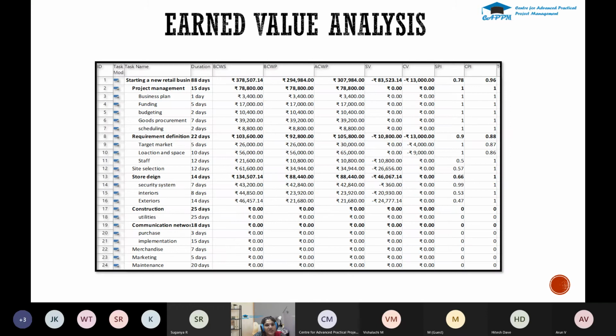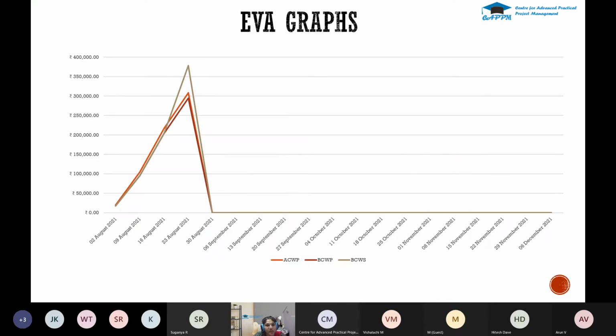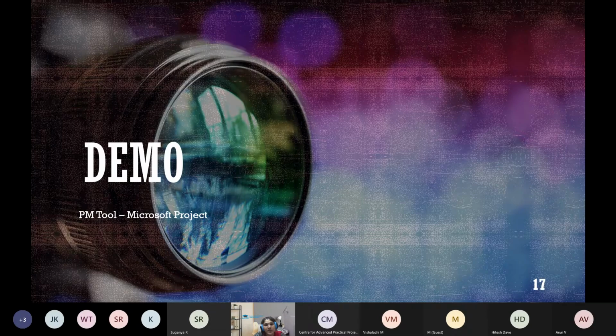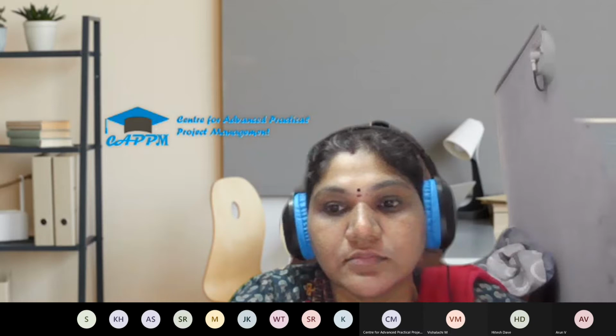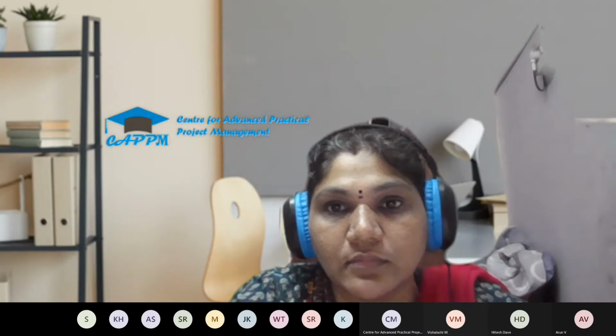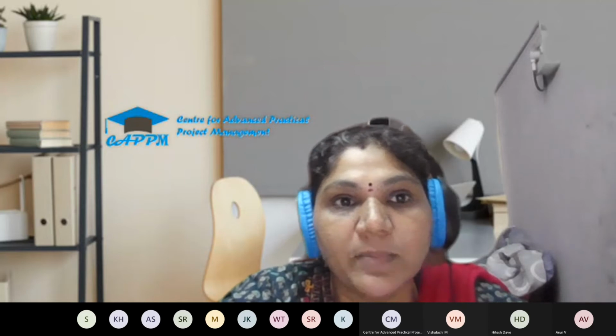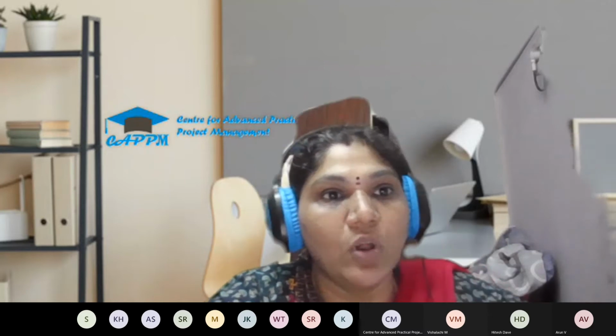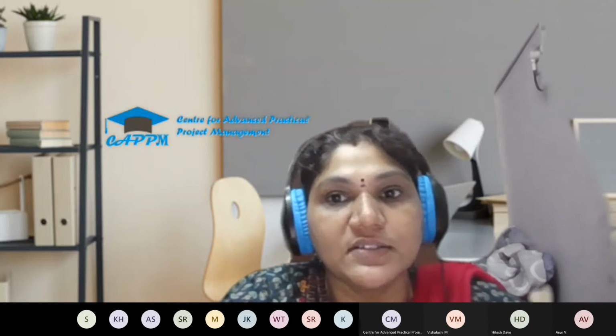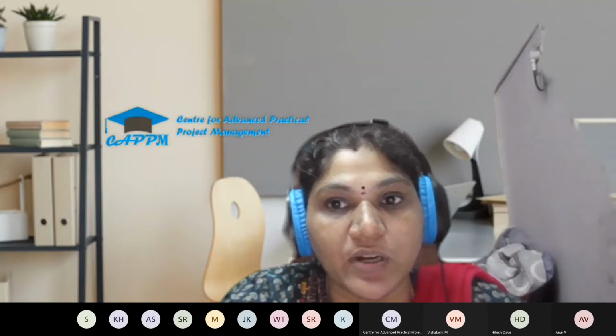This is the earned value analysis table, and this can be viewed in a graphical format too. So let's move on to the Microsoft Project demo. This is the Microsoft Project window, wherein you have all the tasks, and this is the Gantt chart where you can visually represent your